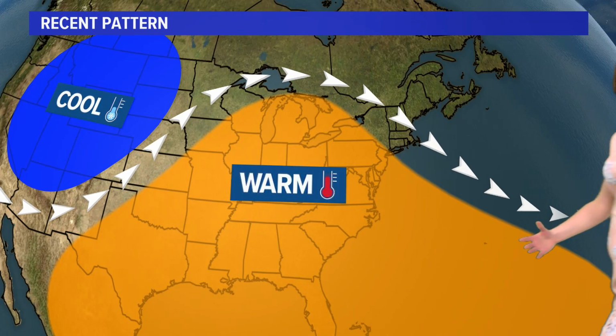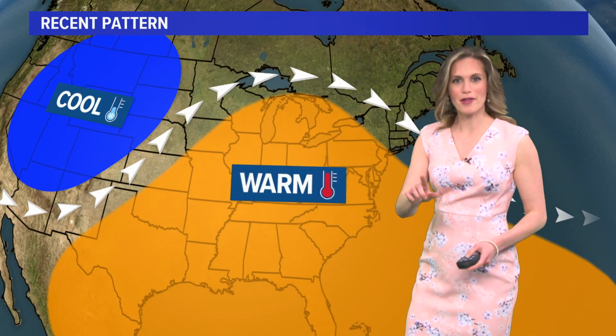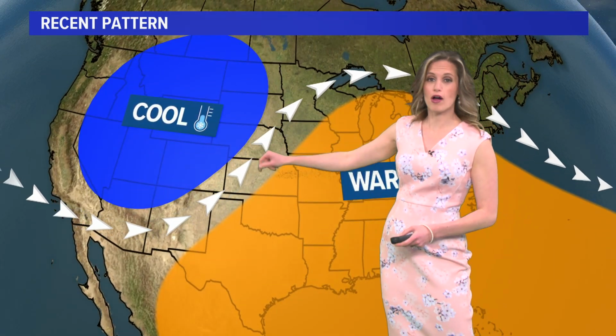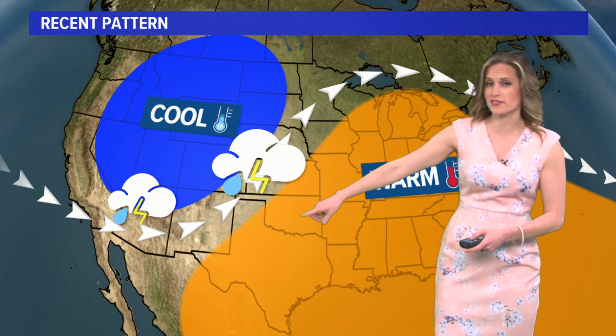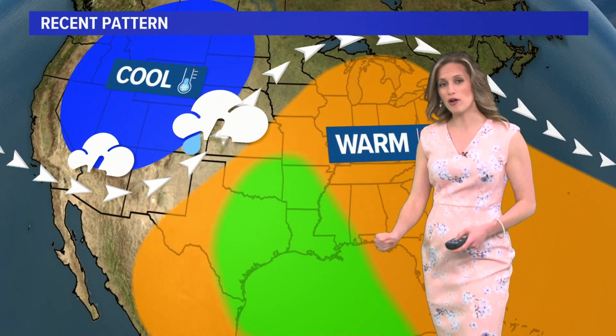Over the past couple of weeks, the weather pattern has allowed for a lot of warm air in the east, even though we haven't seen a whole lot of it yet in western New York, but that's meant to balance it out. We've had a lot of cool air off to the west. Those competing air masses often produce frequent storms either in the Central Plains or the desert Southwest. As those storms move eastward, they start to interact with moisture coming up out of the Gulf, and that's where